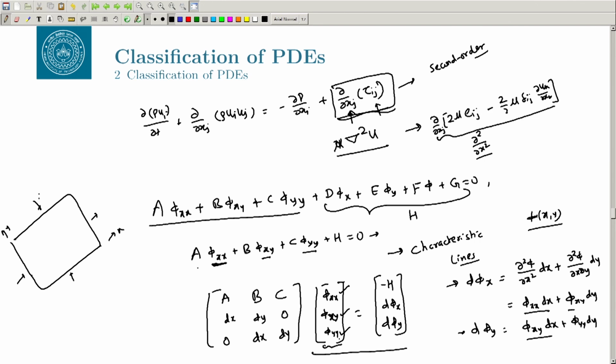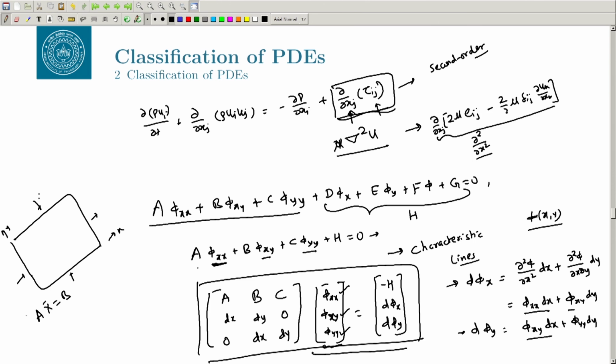I am sure you must have gone through linear algebra and solved this kind of linear system of equations, where you write Ax equal to b, where x is a vector. It can have n number of elements, here it is 3. When you cannot get the solution of x: if you want the solution of x, it will be A inverse B. So when this A inverse is not defined, you cannot get the unique solution of x. And that happens when the determinant of A is equal to 0,